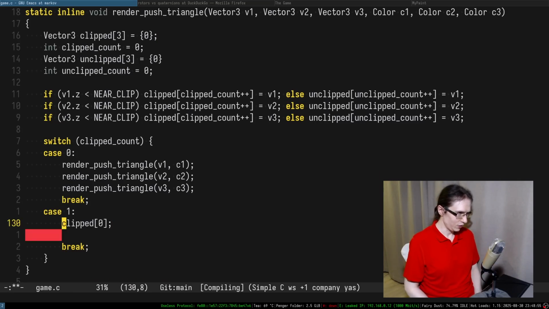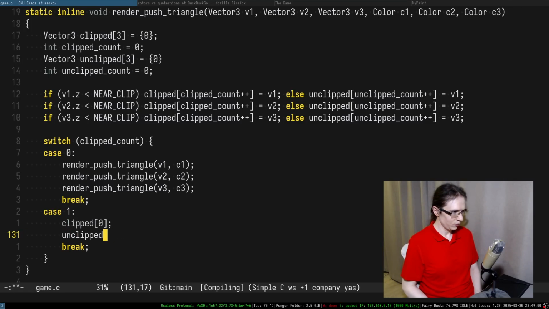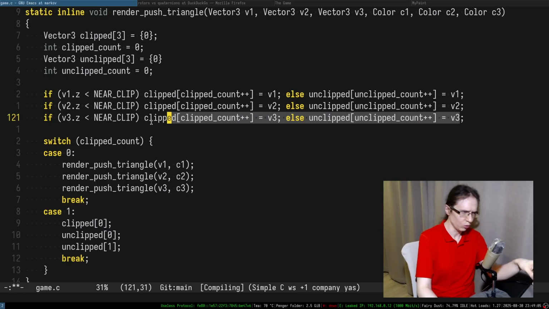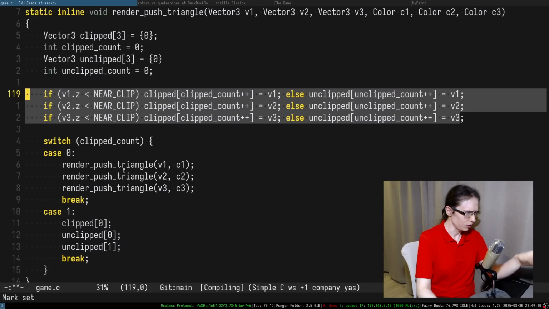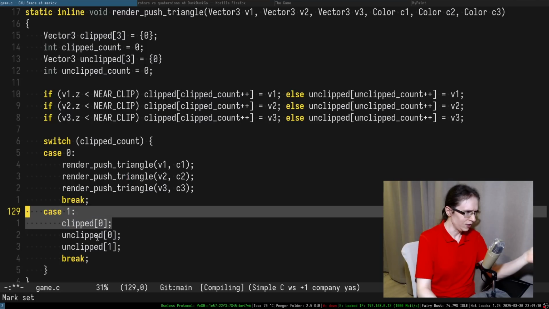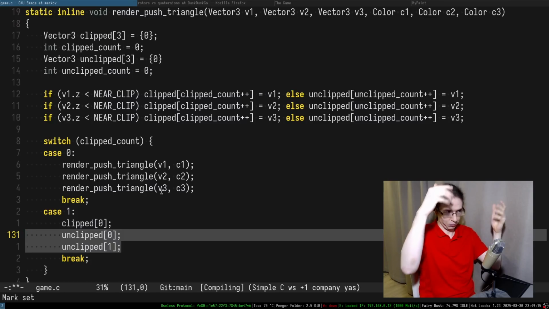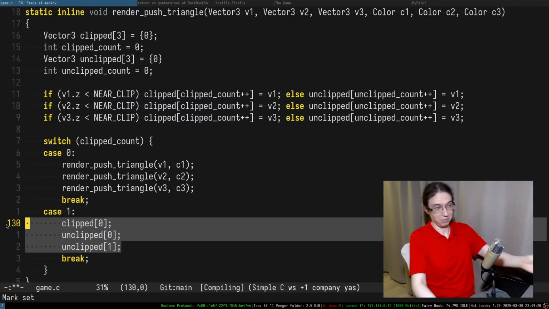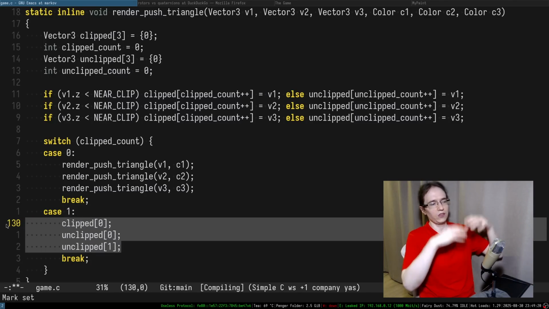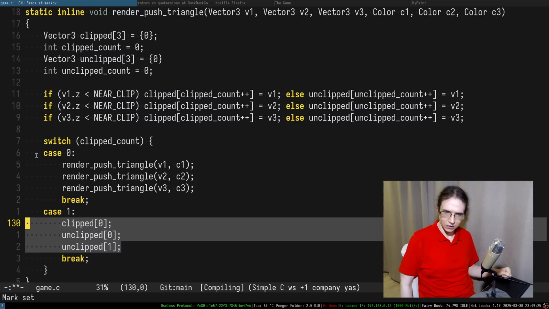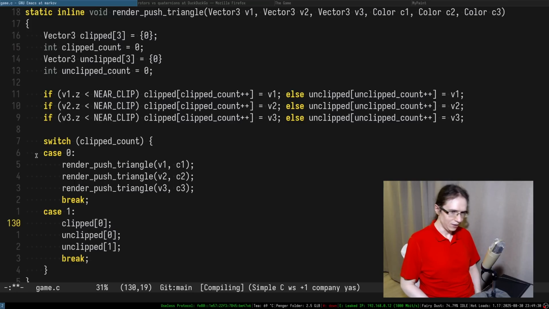Okay, so essentially, this is the vertex that is clipped, and these are the vertices that are unclipped. There you go. You know exactly now. This is actually a cool approach. Look at that. So you know exactly which one is clipped and which ones are the opposite ones. It doesn't matter, any of them can become that, and this just collapses all of the 3 cases in here just by doing this. Damn, I like it. But anyways,